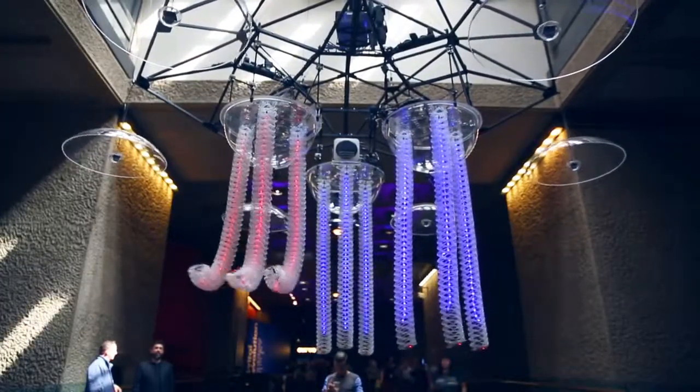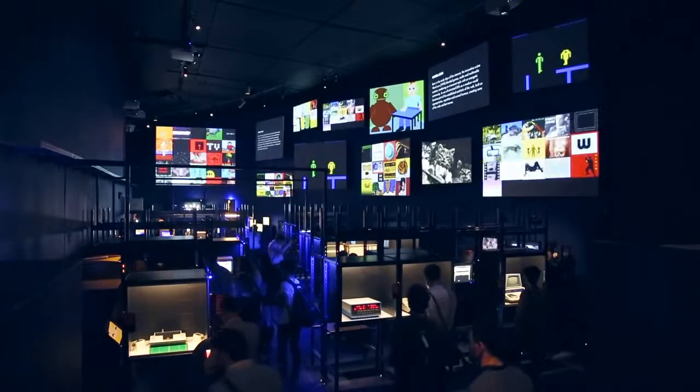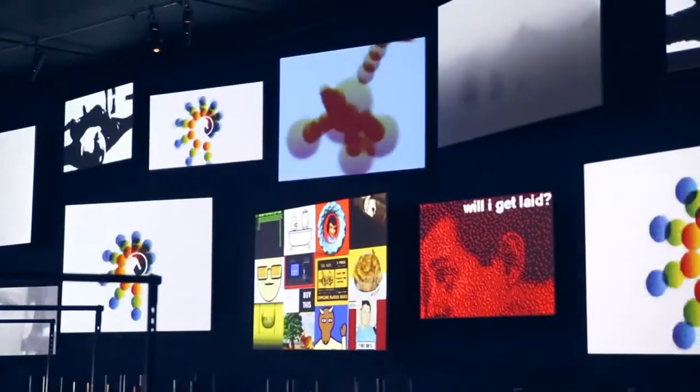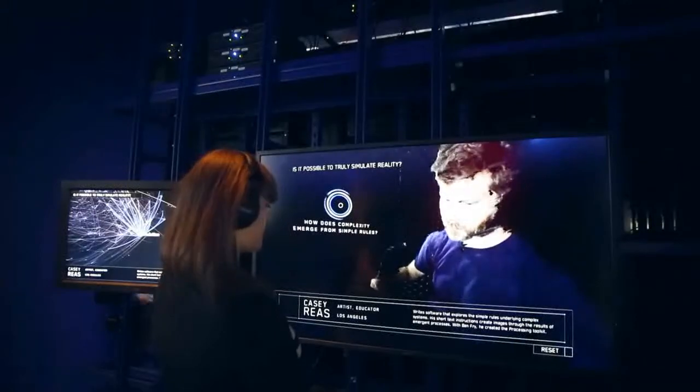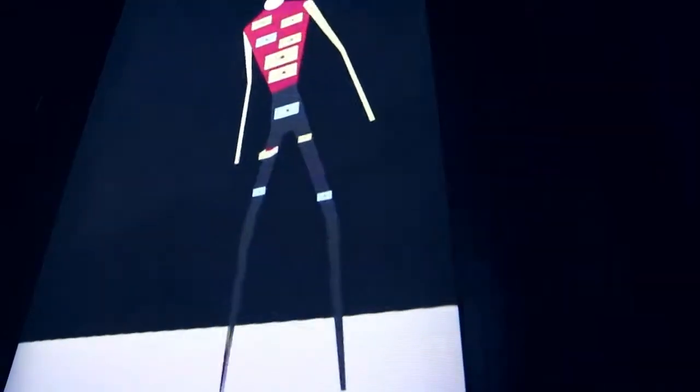I was the curator of Digital Revolution, which was an exhibition which took place at the Barbican Centre in summer 2014. The exhibition looked broadly at digital creativity, so we're looking at the areas of art, design, film, music and video games. So it was a kind of broad overview of that subject, but also with a sense of historical context as well.